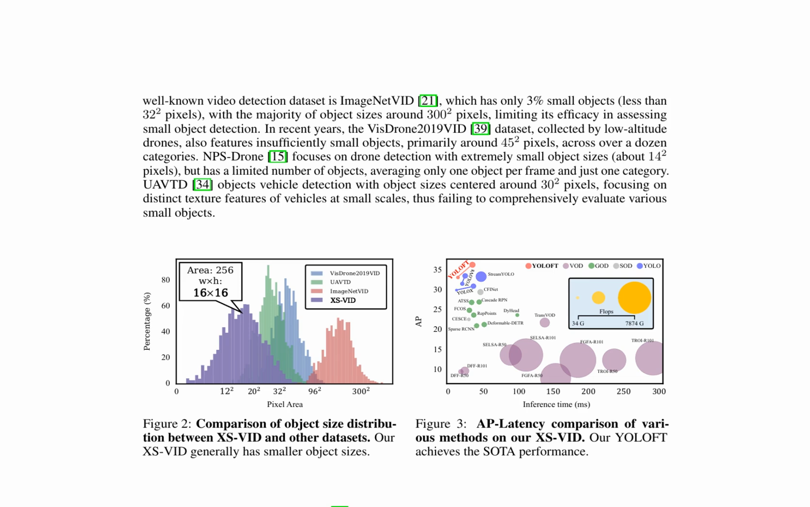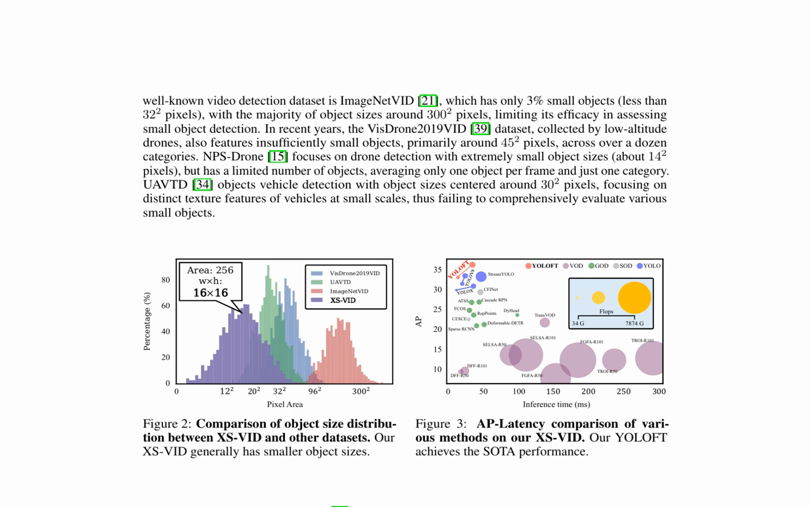Existing video object detection datasets, such as ImageNet-VID, VIS Drone 2019 VID, NPS Drone, and UAVTD, have limitations in assessing small object detection due to the scarcity of small objects or a focus on specific categories. In contrast, the proposed XS-VID dataset features smaller object sizes, providing a more comprehensive evaluation of various small objects. As shown in Figure 2, XS-VID exhibits a distinct object size distribution, with generally smaller object sizes compared to other